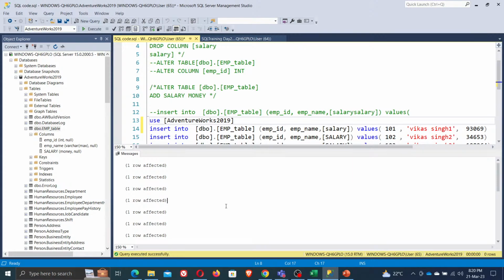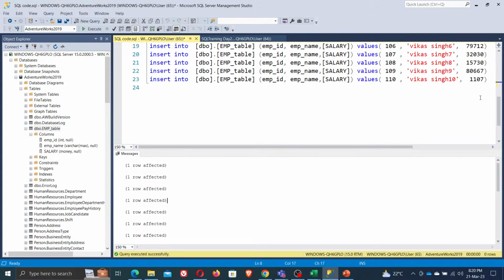Now I wanted to clean it up. So let me show you what the result is coming. Select